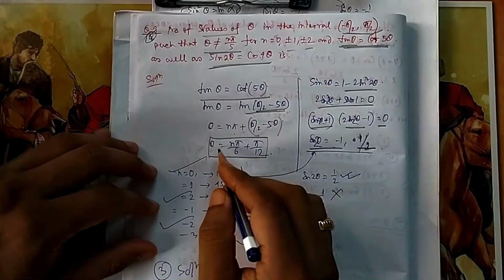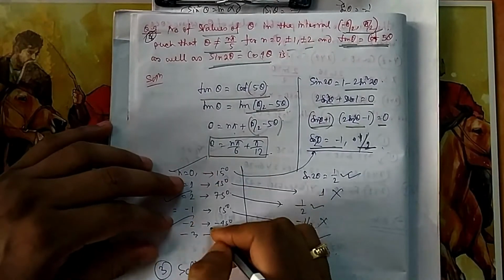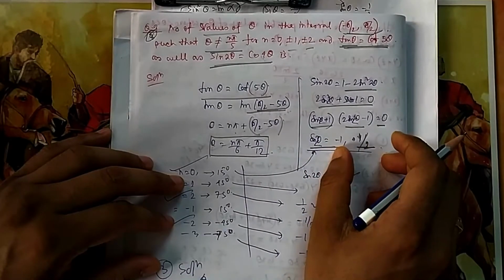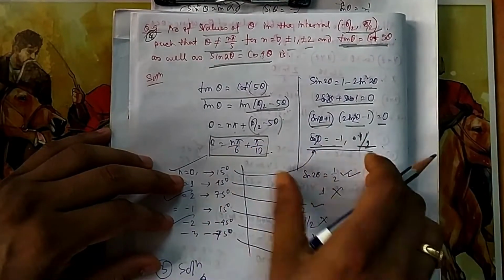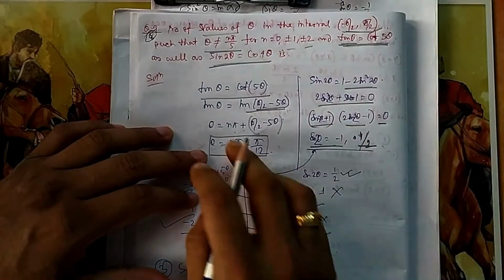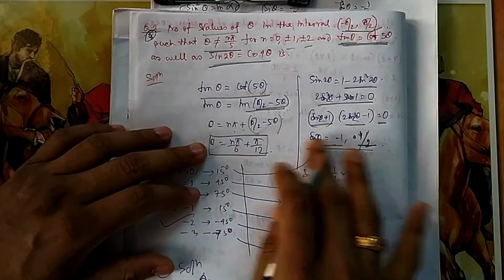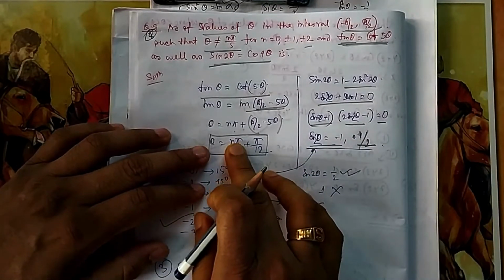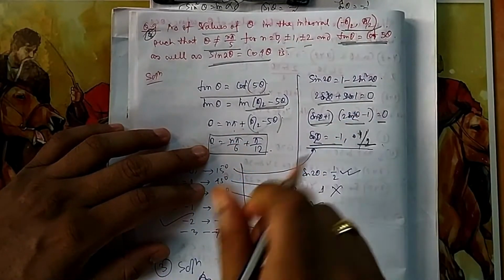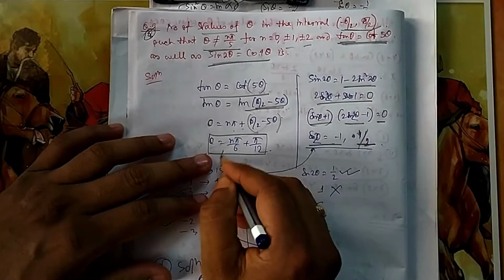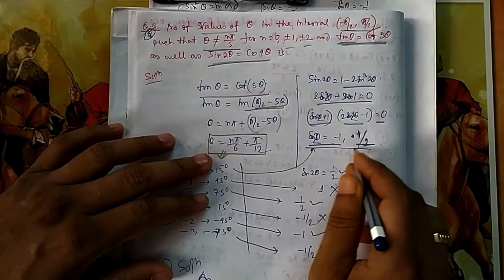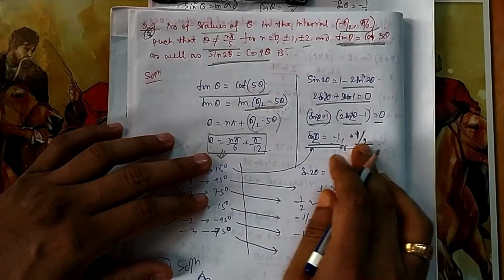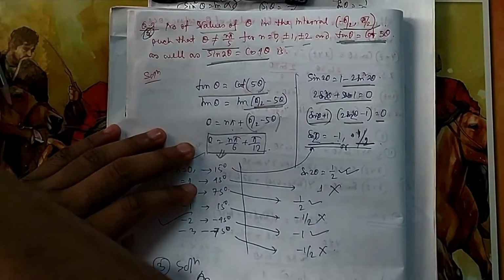Now what you do, you find theta from here, get some values, because I can also find the general solution from here, but then I have to check which one is common between these two. So one is coming in tan, one is coming in sin, so I am not getting directly common. Like in the earlier question I got sin theta equal to half, here also sin theta equal to half, so I take that half as common. But what I will do, I will find theta from here and I will put it one by one, and I have to see whether it satisfies this or this. Either of these two has to be satisfied. Then that theta will be eligible for my consideration.